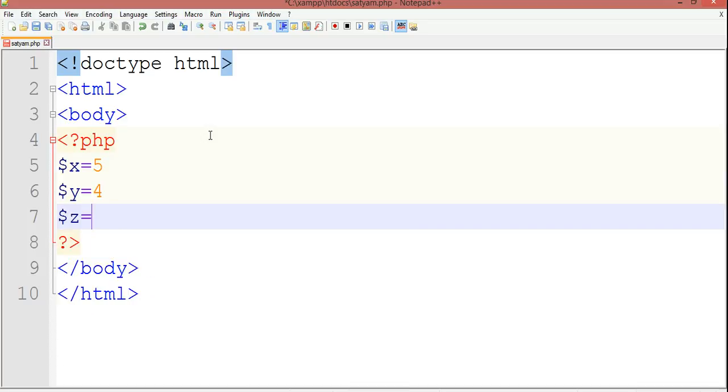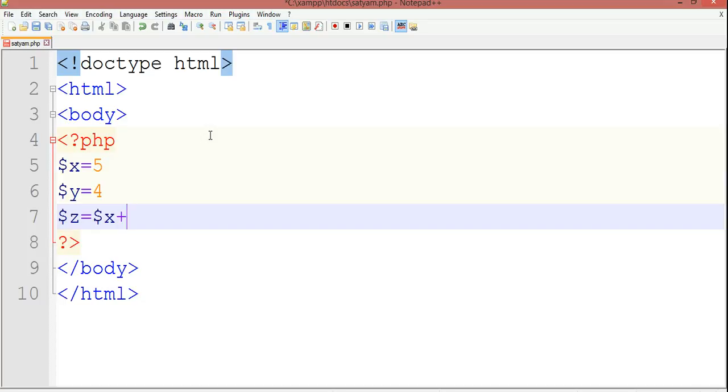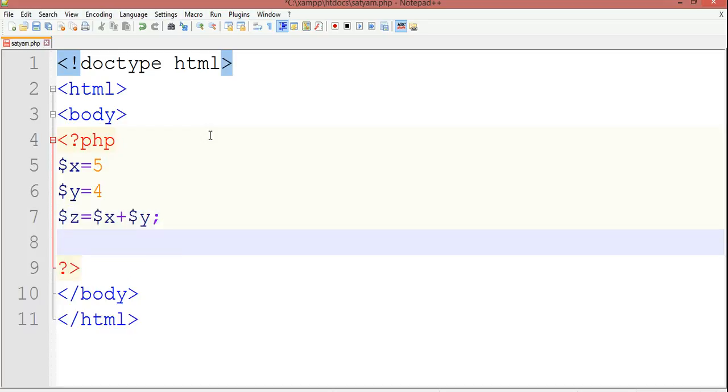When we add $x and $y, the result will be z. Then we have to use the semicolon, and we will use the echo word.